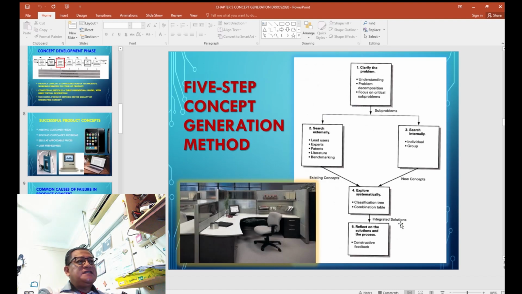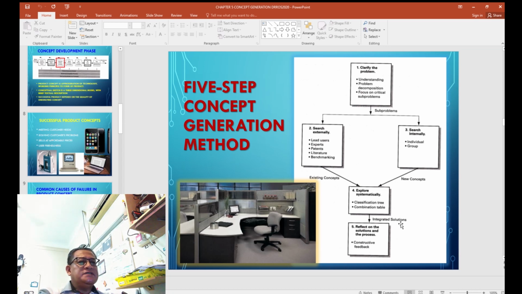So there are 5 steps for how to produce a new product concept for our new product development. First, we have to understand the problem, clarify the problem related to the new product that you want to develop. In order to clarify the problem, you have 2 ways to solve it. First, you could resolve the problem by searching for ideas, ways and methods externally. For example, you could